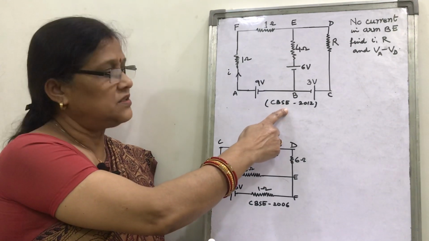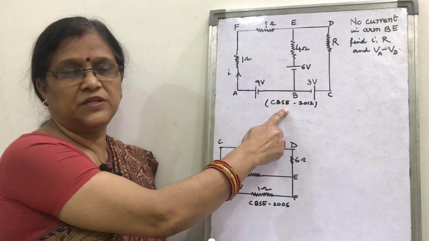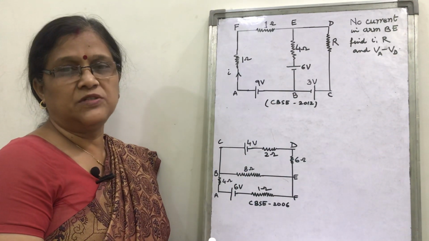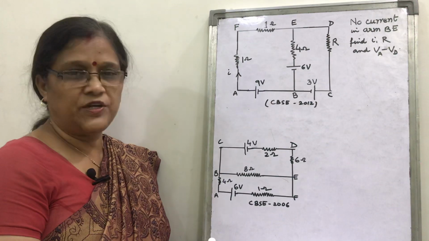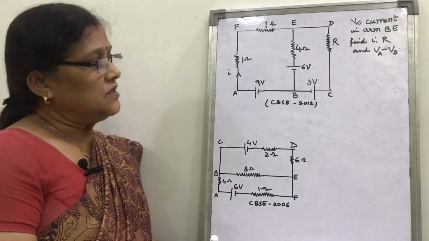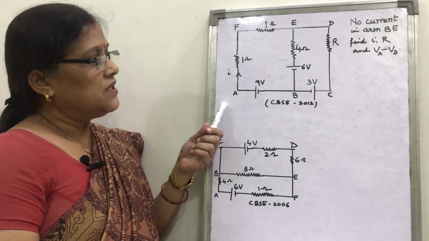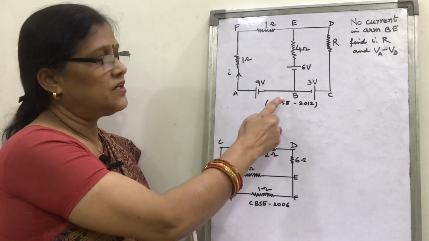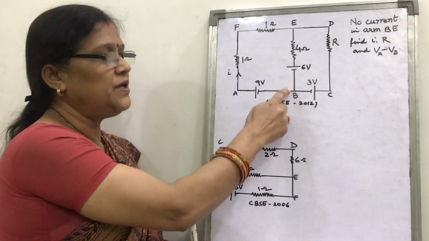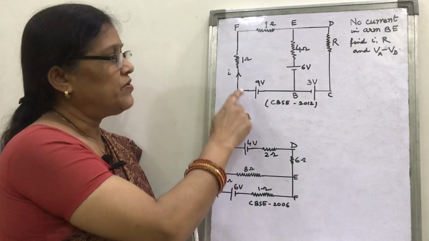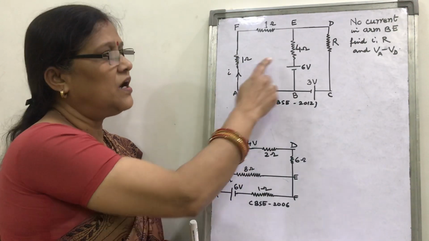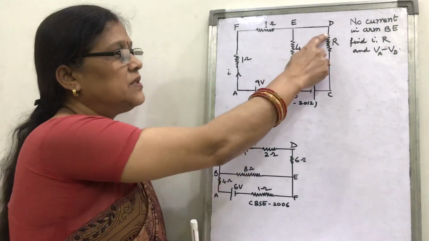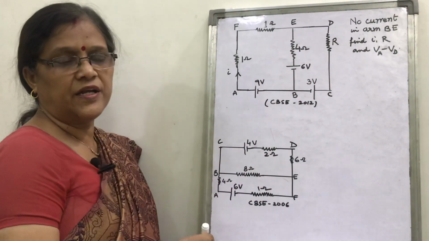The first question was asked in the CBSE board examination 2012. You will see the language of the question in the complete description of this video. I am discussing the question here. In this electrical circuit, it is given that there is no current in this arm BE. You have to find the current I, the unknown resistance R, and the potential difference across the points A and D